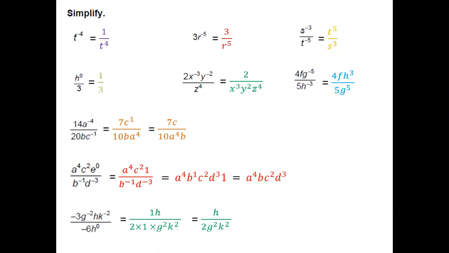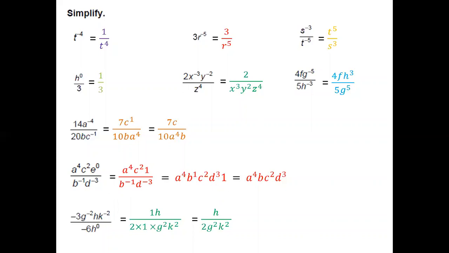Now let's move the exponents. So what happens? B to the negative power of 1 comes up, right? And d to the negative power of 3 comes up too. So there is nothing in the denominator. There are no variables left in the denominator. So we write them like this: a to the power of 4, b to the power of 1, because the negative 1 became positive, c to the power of 2, d to the power of 3, and 1, because this is 1. I have just arranged it in alphabetical order, that's all.